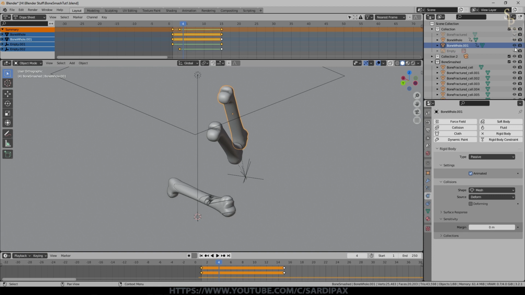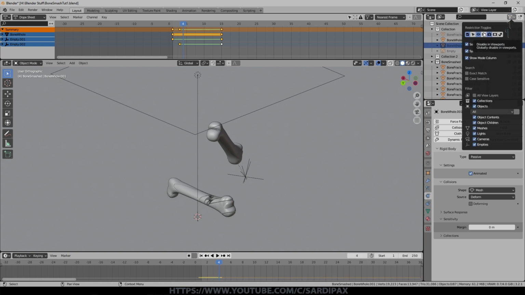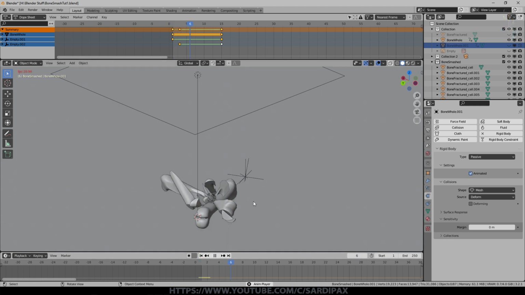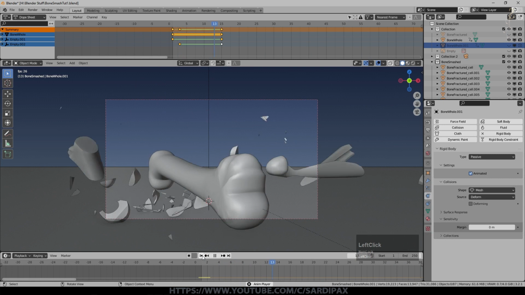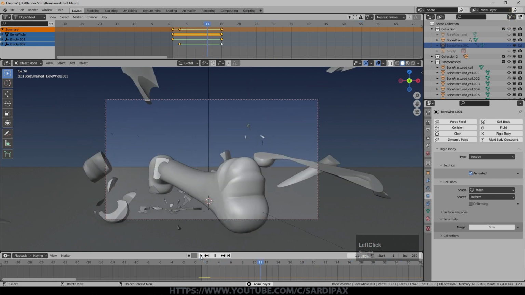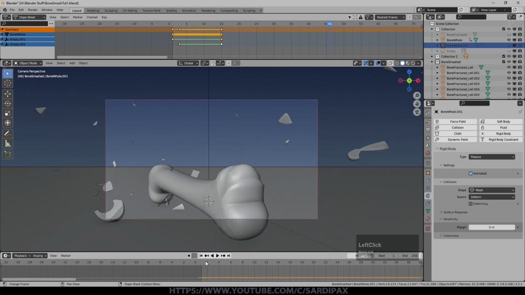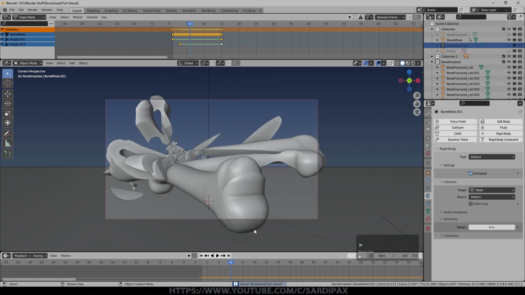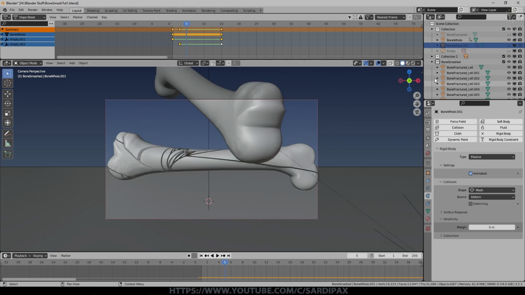But just to make sure that that never shows up in the render, I'm going to turn it off in visibility there. I'm going to turn it off or disable it in renders. And while I'm here, I'm going to turn on this option here as well. So if we now go back, re-simulating again because I changed something. That doesn't look too bad, other than we've got this fractured bone. So what we really want to do is not display that until it starts to break. It starts to break at frame 6. So at frame 5, we want it visible.